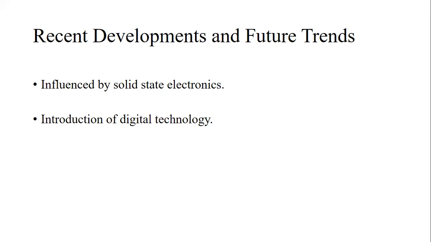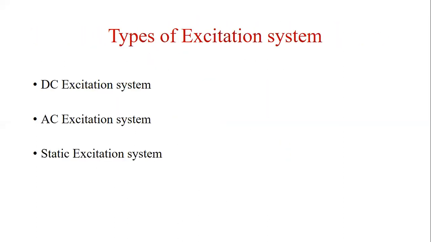So this is a detailed discussion of the generator excitation system. We have started our discussion right from the very basic details of the excitation system, that is excitation system requirements, in the previous lectures. So we have seen requirements from the generator consideration and the requirements from the power system considerations. Then we have seen the elements of the excitation system. There are 5 basic elements of the excitation system that we also saw in the earlier lectures.